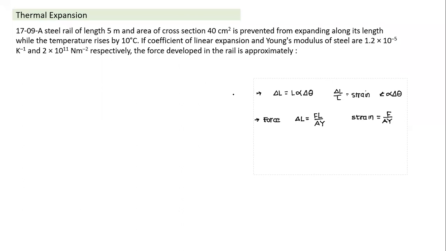Okay, so let's understand elastic modulus. There's a steel rail of given length, and area of cross section is given. It is prevented from expanding along its length while its temperature rises by 10 degrees centigrade. Okay, so let's try and understand. I think one question is enough to understand the basic concept here. Just imagine any object, which can have a circular cross section or any other shape. That is immaterial. Cross section shape is not important.